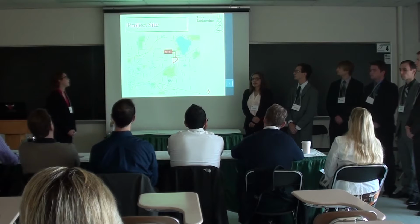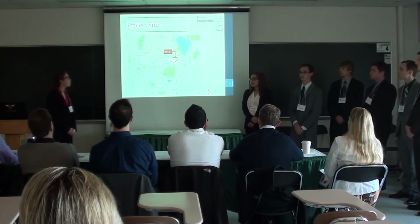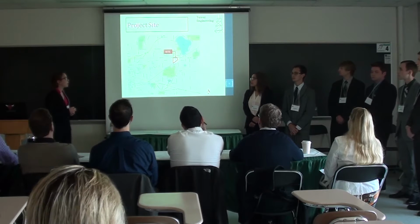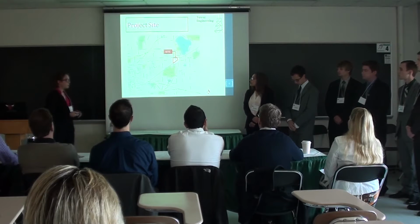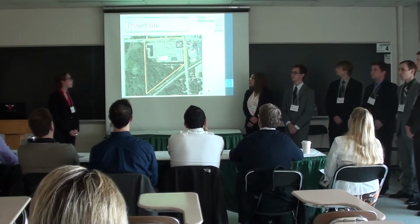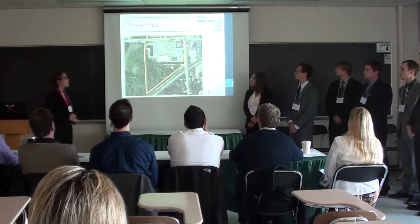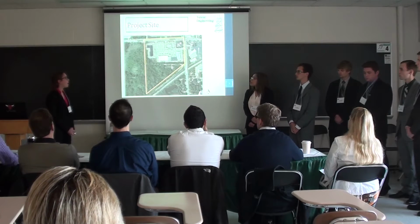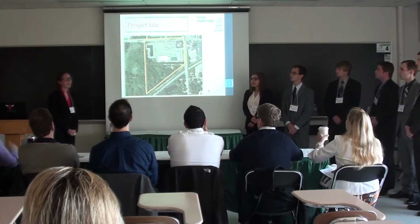So this is where the project site is located in Meridian Township. It's just south of Hazlet Road and west of Marsh Road. It's south of Lake Lansing. There's a middle school located just east of the site also, and then there's a railroad that runs just south of the site. And then this is just a zoomed in image of the site that you can see. It's about 29 acres. And I'd also like to note that you can see the bank in the east corner has just recently been reconstructed and redone, and